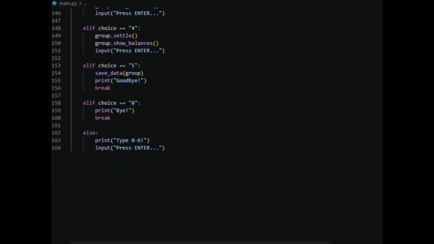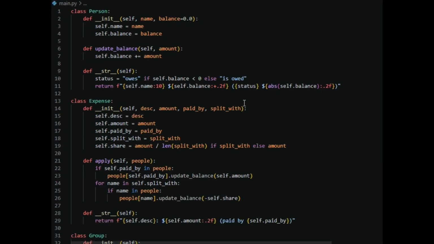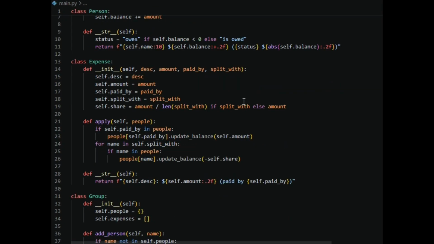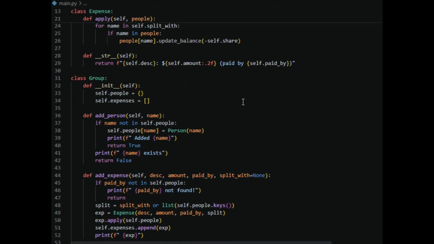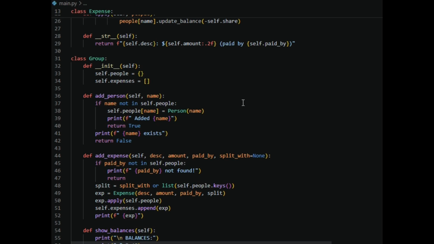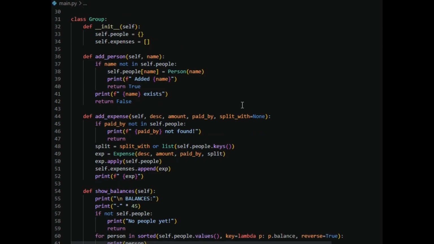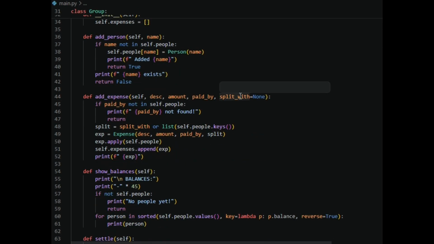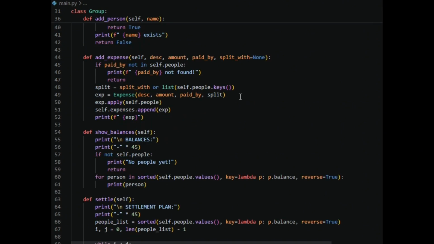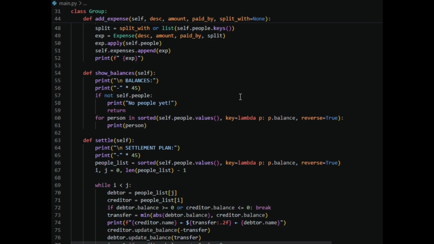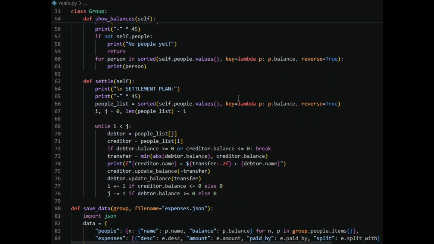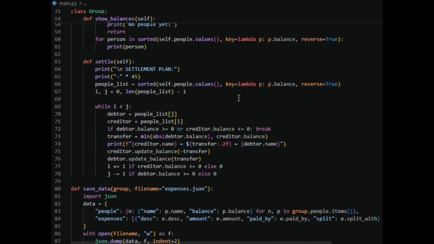Debugging the program and testing different scenarios also required time because I needed to ensure that balances were computed correctly after every transaction. Despite these challenges, the project helped me improve my understanding of object-oriented programming, algorithms, file handling, exception handling, and data management in Python.